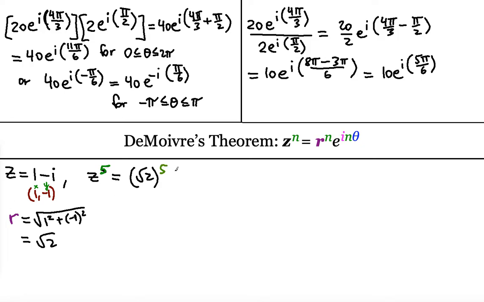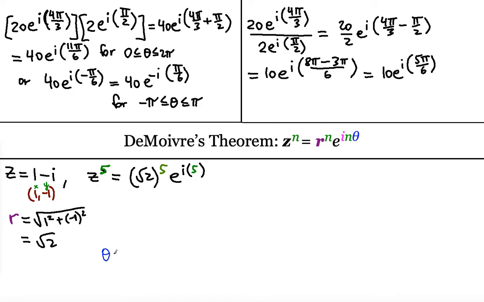And then we're going to have e to the I times n, which is 5. Now we need to find the angle theta, right? The argument of the complex number. How do we find that? We need to realize that we can find the theta